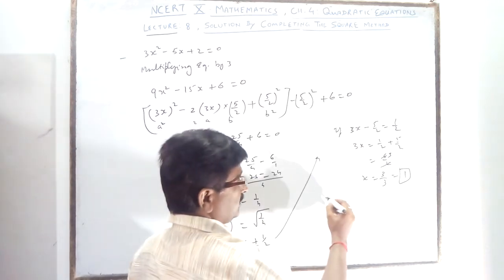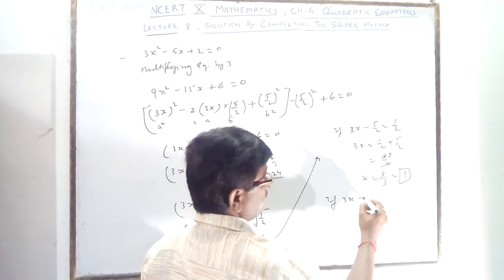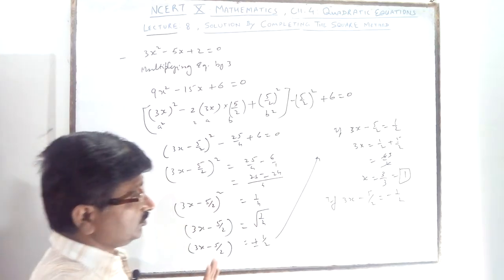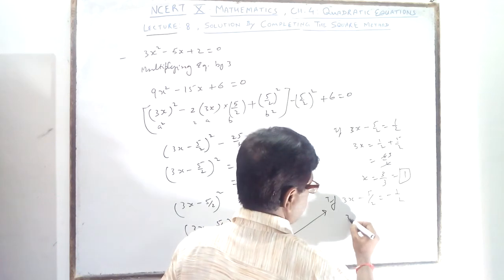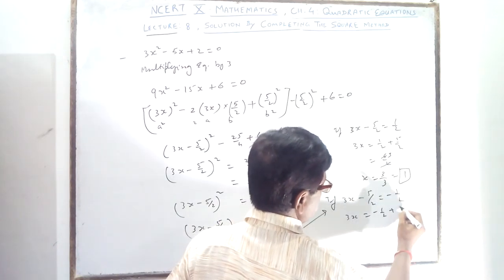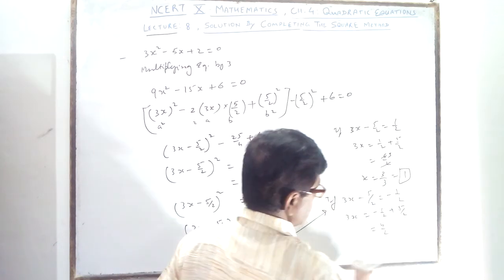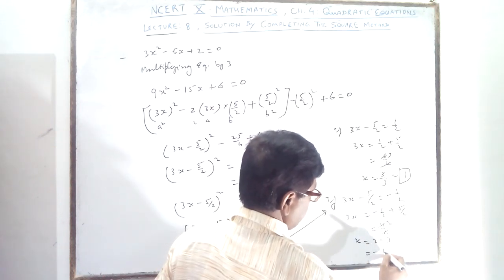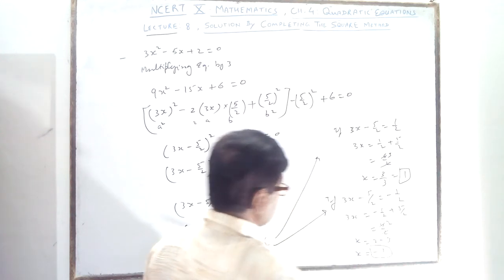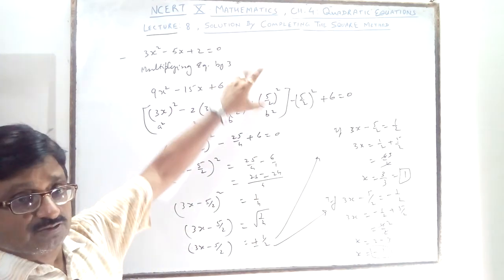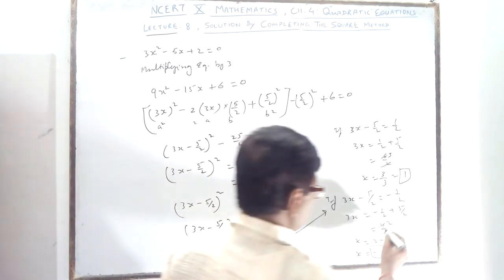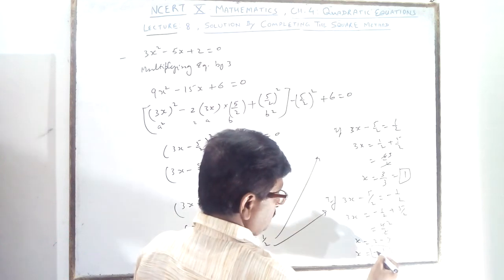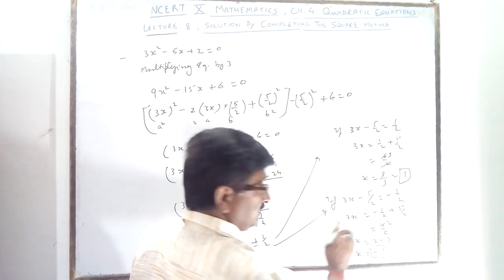Second answer, you take minus. If 3x minus 5 by 2 is minus 1 by 2, because plus minus both, so both you will take. So you are getting here 3x is equal to minus 1 by 2 plus 5 by 2, the denominator is the same. So the numerator will be subtracted. So x is equal to 2 minus 3, it is a minus 1. So you are getting two answers, 1 and minus 1.